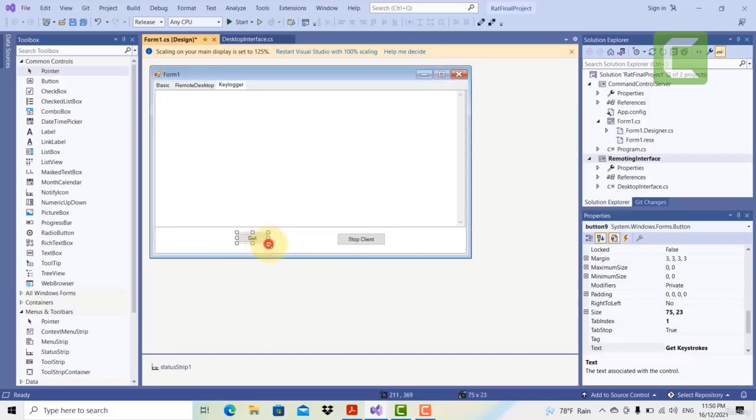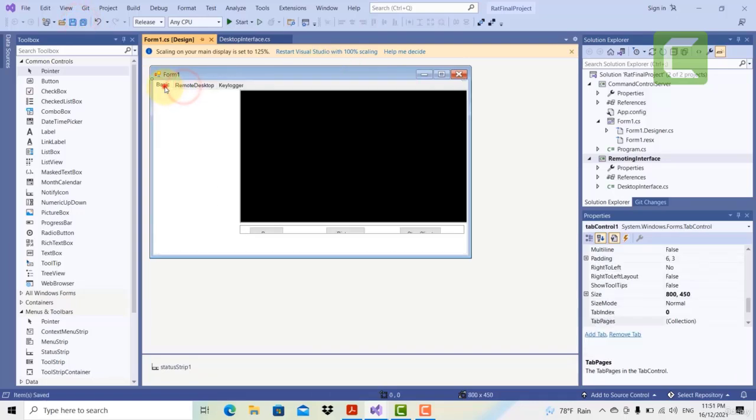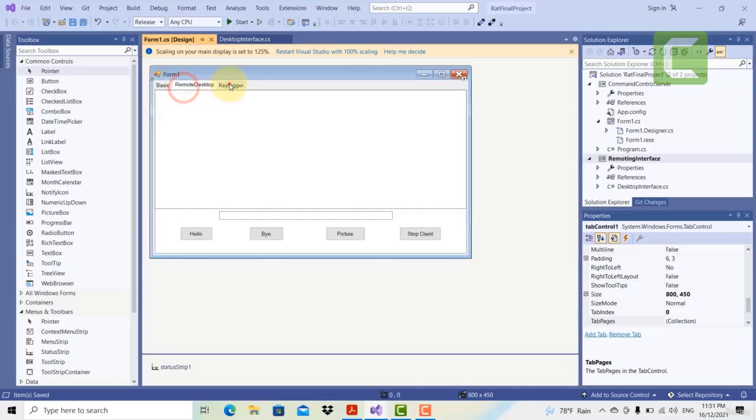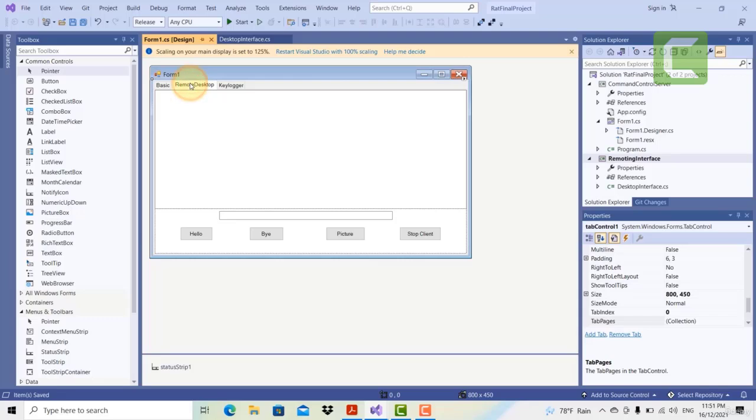And we resize this to make it uniform. Click on save. So with that, we have completed our user interface for all the 3 modules: basic, remote desktop,